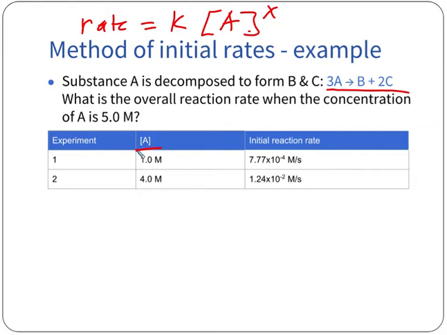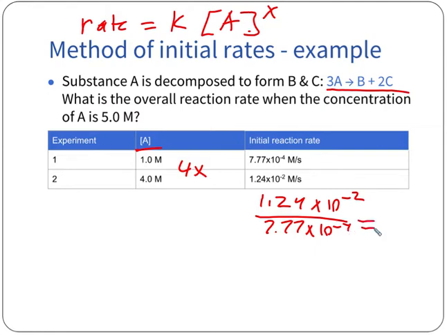So what do we do? We increase the concentration of A by a factor of 4, and what happened to the reaction rate? Ooh, those aren't nearly as pretty. Can't really do that in our head, but we can still figure it out. What you simply want to do is take your final one, 1.24 times 10 to the negative second, and divide it by 7.77 times 10 to the negative fourth. By doing that, that'll tell us how many times it's increased by. And so let's see, when you do this, I end up getting